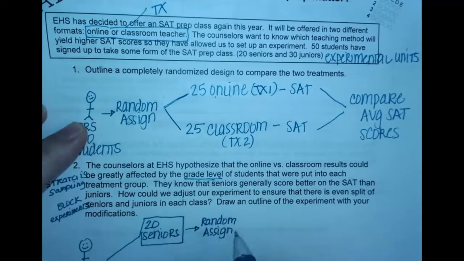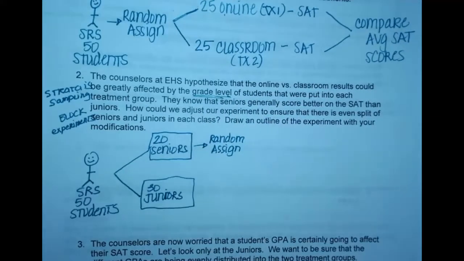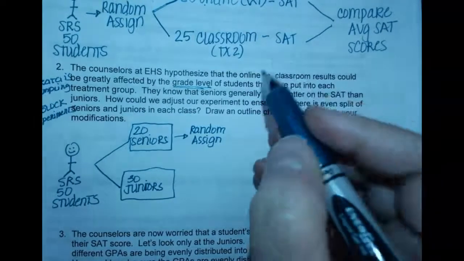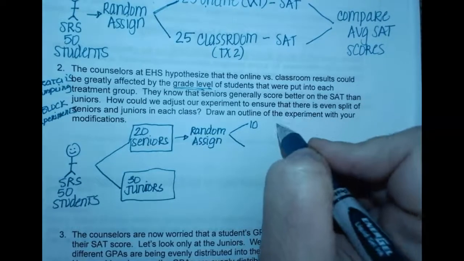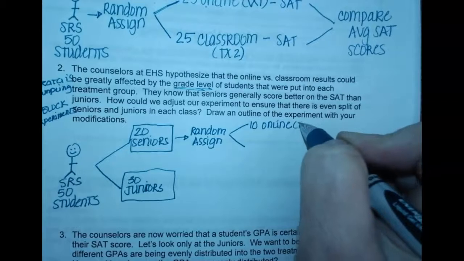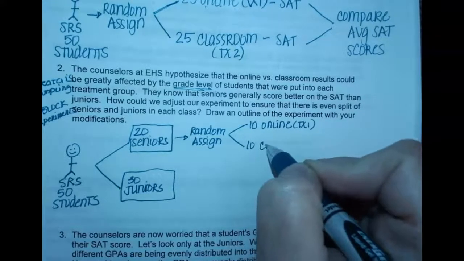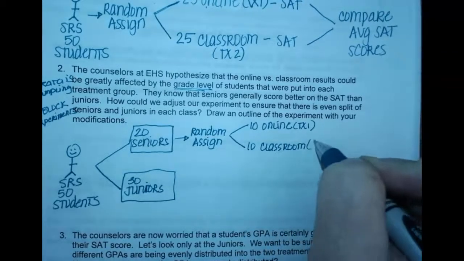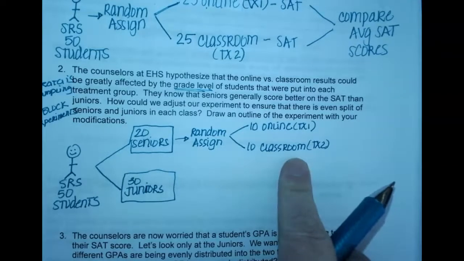And think about, label your seniors 1 to 20, the first 10 go to this group, the second 10 go, something along those lines. You're wanting to imagine how you could carry this out. And then from here, we're going to have 10 that go to the online class. And we call it online treatment 1, so I'm just going to keep it with the same. And we're going to have 10 that go to the classroom. So that's the 20 seniors that you got, half doing online, half in classroom, and we're going to do the